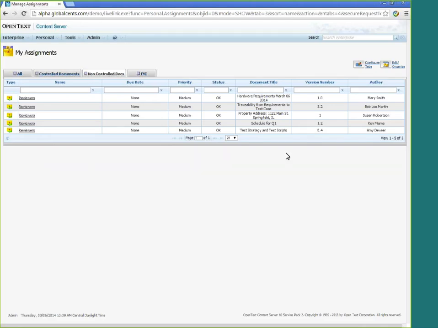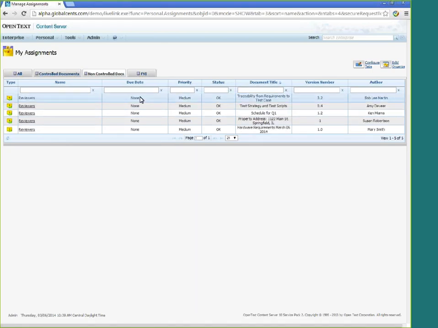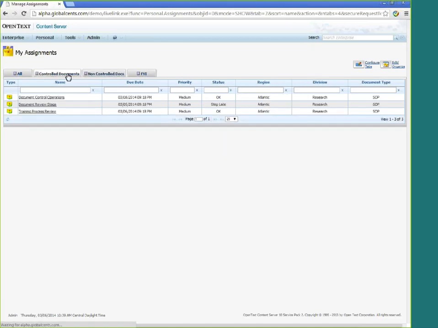But I could go over here and I could see the document title. These are pulled from the workflow metadata. I can see the version number or the author. All of this data is pulled from the workflow metadata, so I can find the individual step that I'm looking for to work on it. There's also, once again, the limiting field and the ability to sort right there on the page. I can see I have a tab for controlled documents, as well as another tab for all the FYI steps that I told you about earlier. So this is just available to users on the normal assignment tab, so that's way better.